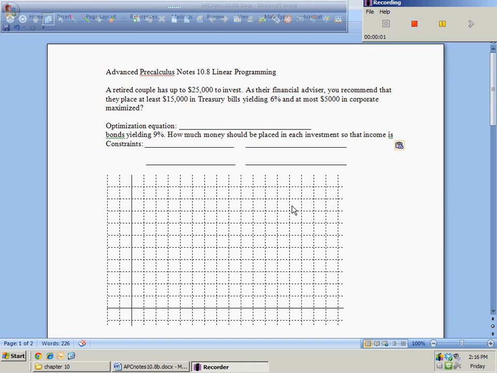So we're going to learn about linear programming. Linear programming class is a technique used to optimize a bunch of, what is it? It's a way to find a maximum, usually like a maximum profit of something, or the maximum amount of money you can make when you're investing, or the maximum amount of money you can make if you're building a bunch